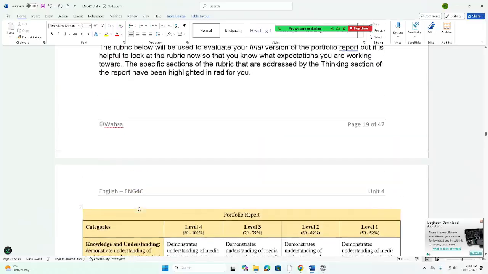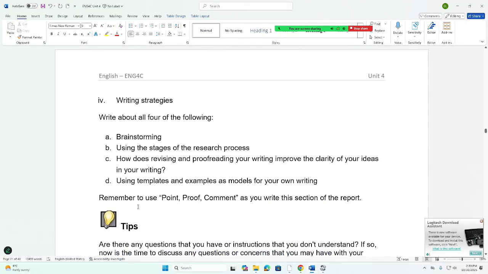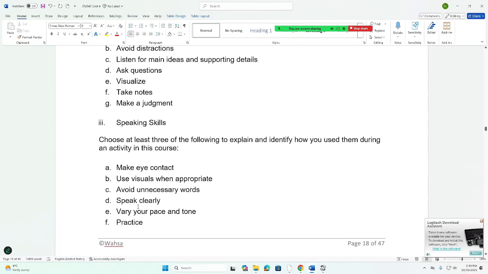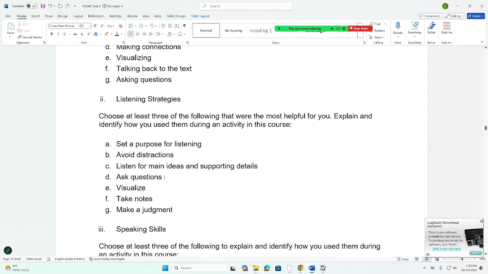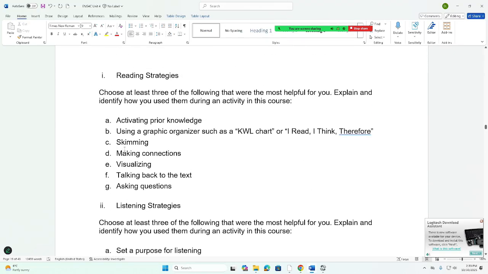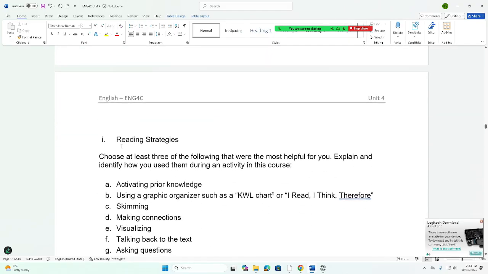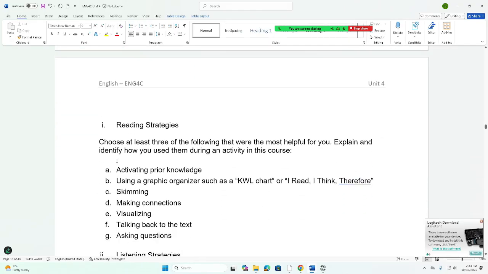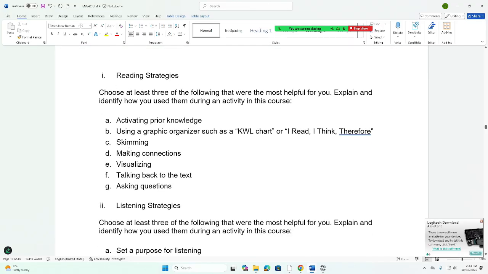So right now I'm just going to go right back to the actual formatting, these different points that you need to cover, right? And so they're all broken down like that, right? We have reading strategies right at the top of page 18 here. And so these are the things that you need to cover. Right? So basically, if you cover all of them and you also use the point proof comment format for each one,